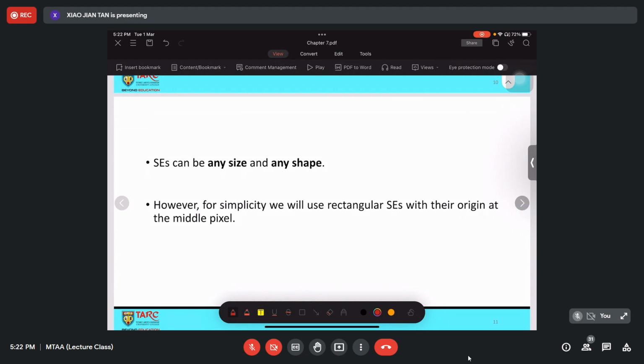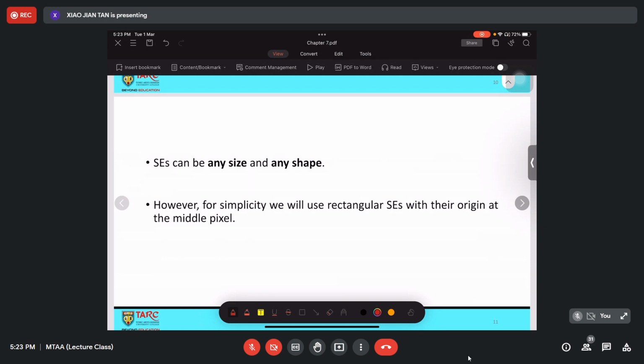Basically, the theory or the philosophy behind the morphological operation is very simple. But the questions can be extended to very complex, because some structure elements could be very weird or very different in size. So you have to be very strong in the fundamentals, which means how dilation is applied, how erosion is applied, whether you start with erosion first or dilation first, and how to perform closing or opening.